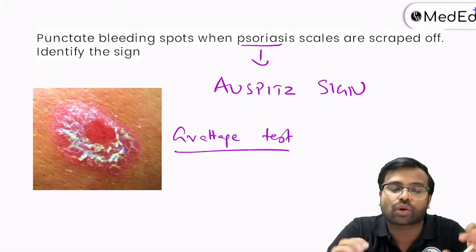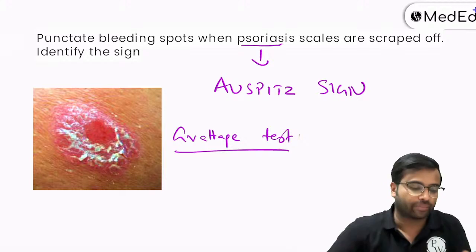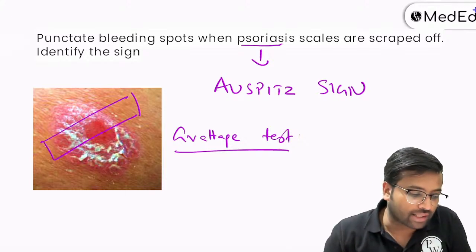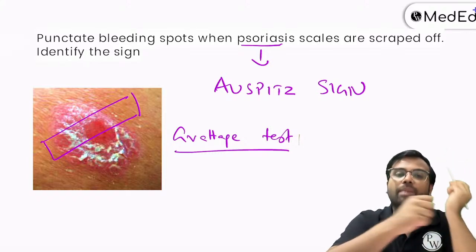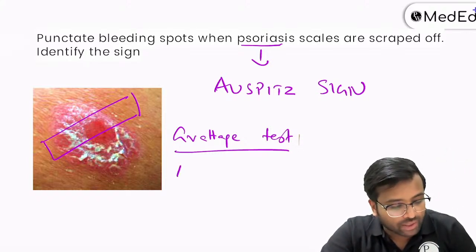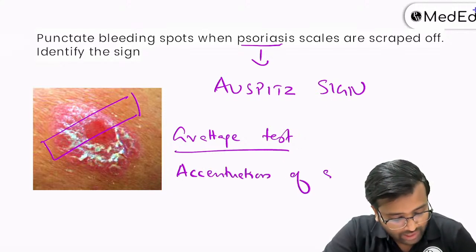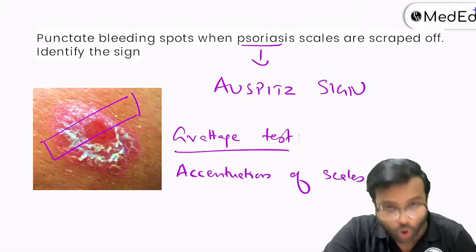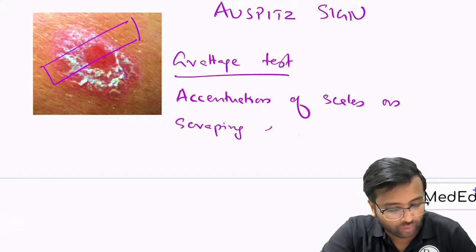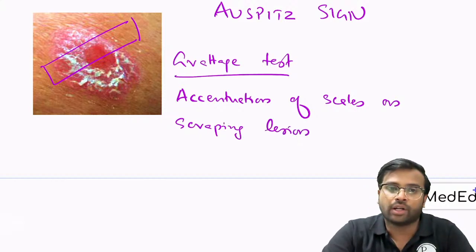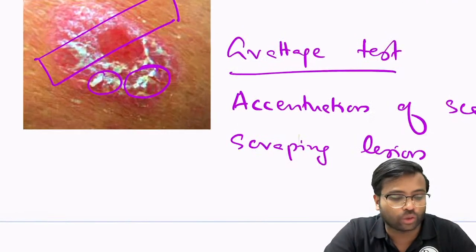So this test is called as Grettage test. In a psoriasis patient, if you take a glass slide, okay? When you take a glass slide and you scrape over the lesions, then what happens is accentuation of the scales on scraping the lesion. This is called Grettage test. So first, these scales that you are seeing, okay, all those, I'll just